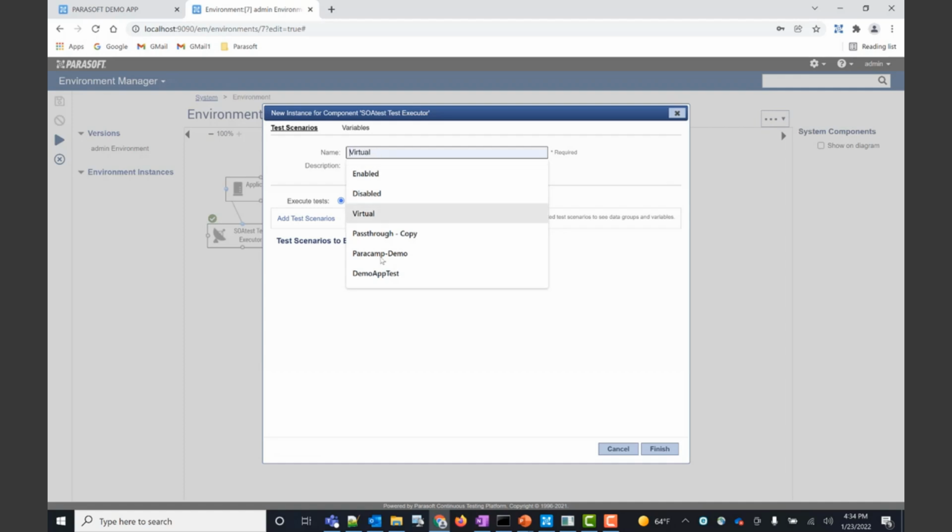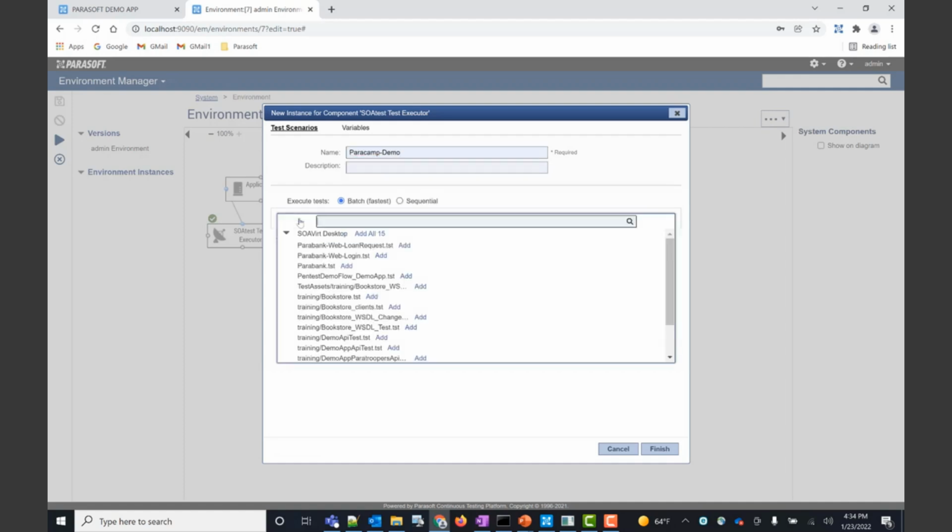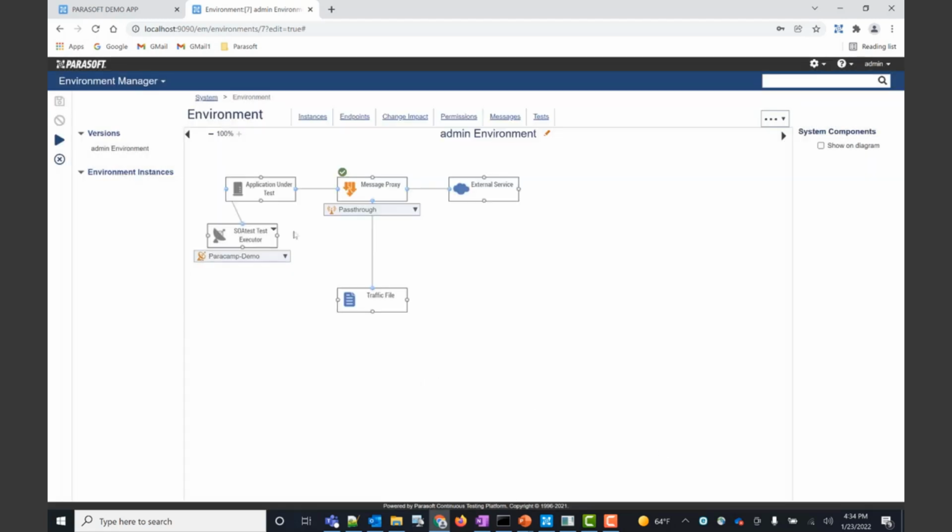So I'll just name it Paracamp Demo. And I have the ability to add my test scenarios from SOA test that I've already created. Down at the bottom, we have Paracamp Demo, which was that API test that we created earlier. So I'll click add there and click finish. And now we have our Paracamp Demo.